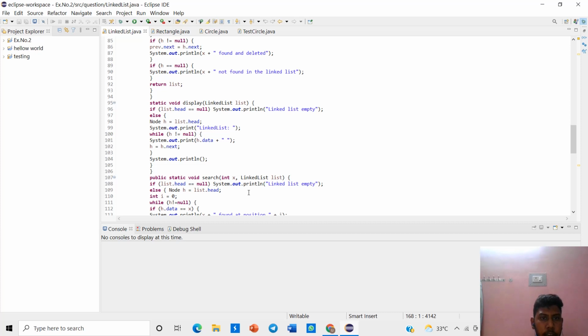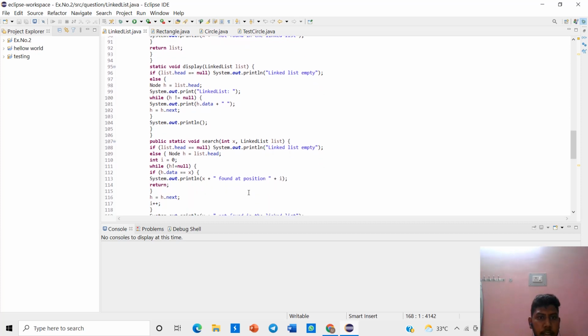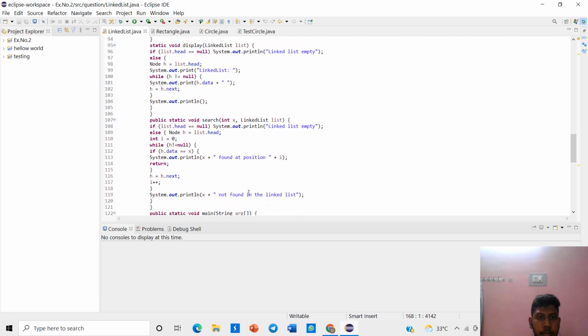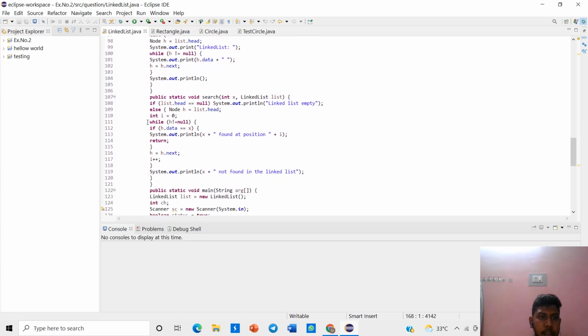Then we use static void display linked list. If list.head is equal to null, System.out prints that the linked list is empty. And then we ask for input from the user for the search in the linked list and the data of the list, and we want to find the position, so we give an else-if statement and while statement.